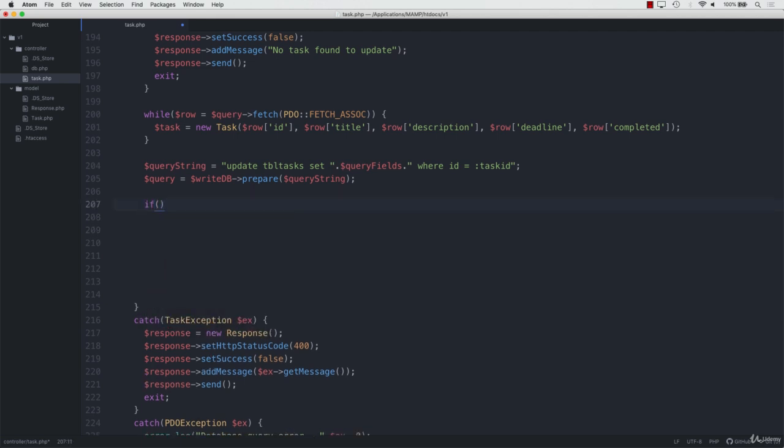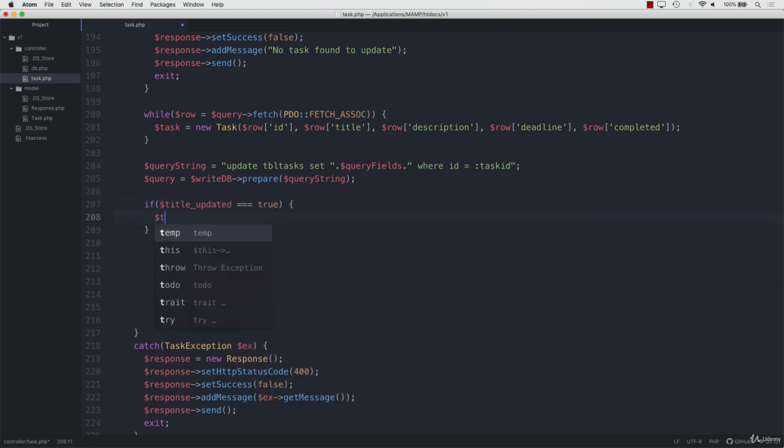So we need to check to see if the title's been updated. So title updated equals true. So if it has, we need to update the task. So task set title, and then we'll pass in this title from the JSON data. Remember, because that's how we're getting the values. So the JSON data, and then if we just use title, so we'll try and set the title of the